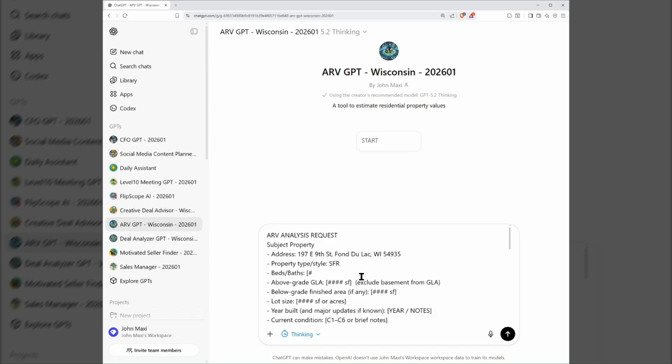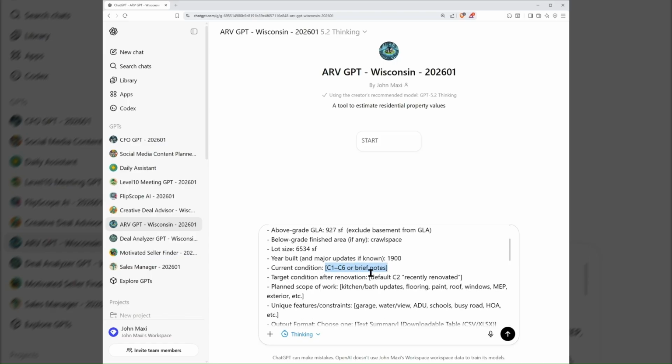So I'm just going to go ahead real quick here and type in the information from this one. This is a 927 square foot, 3-bed, 1-bath house. And it's actually on a crawl space. And the lot size is 6,534 square feet. Built in 1900. And